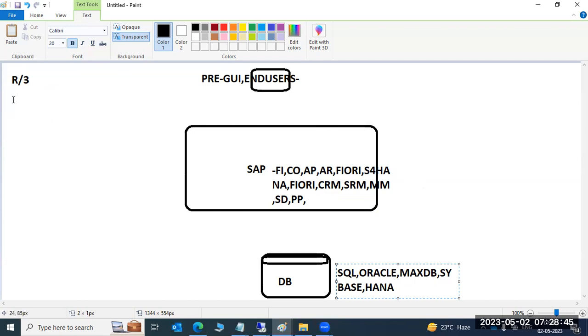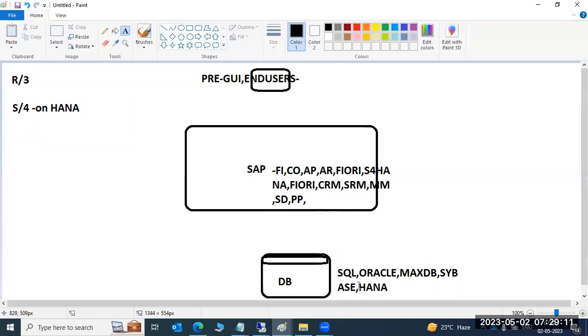Now S4 HANA is called the S4 architecture, which is what everyone is recently using. It comes from its predecessor R3, but it runs dedicatedly only on the HANA database. You cannot use other databases, because the HANA database was released by the SAP team only.